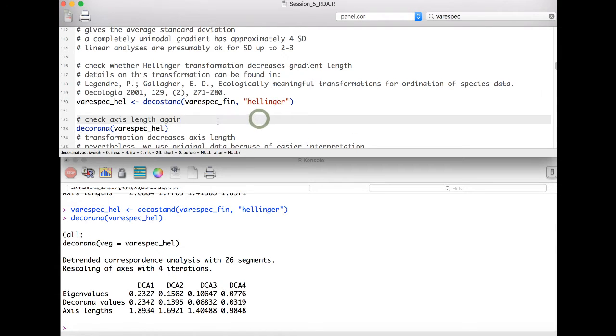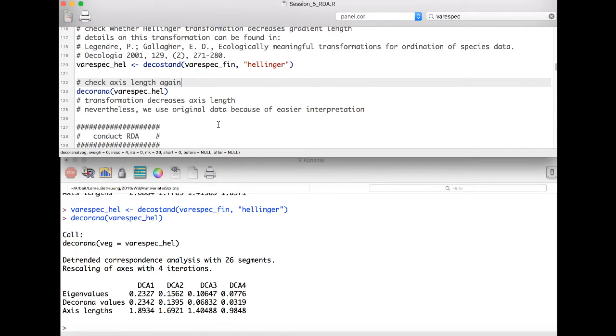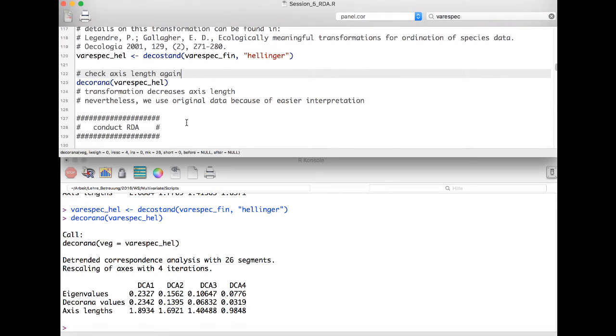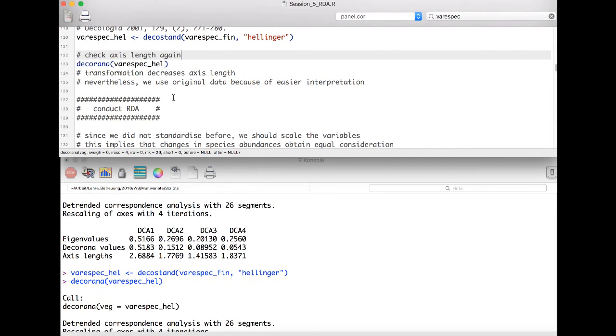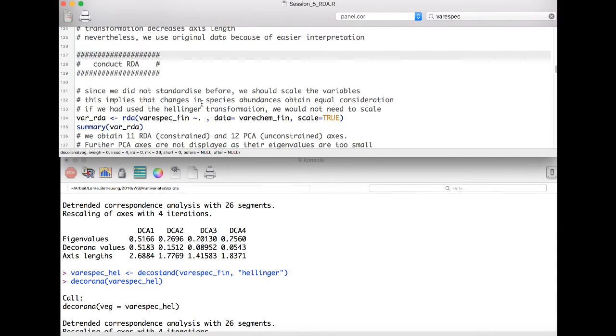So Hellinger transformed data would contribute to shrinking the length of the axis. However, if we use transformed species data, obviously the interpretation is more difficult than if we use the raw data. So since we are relatively close to 2 standard deviations, we keep the original data and we conduct the